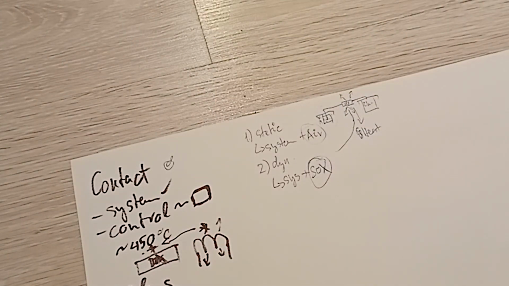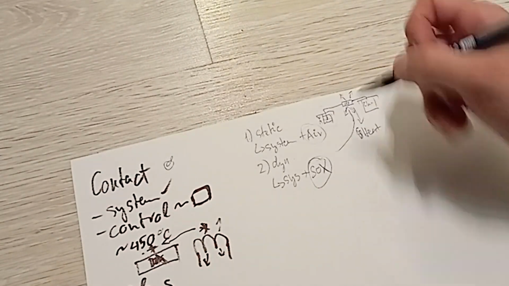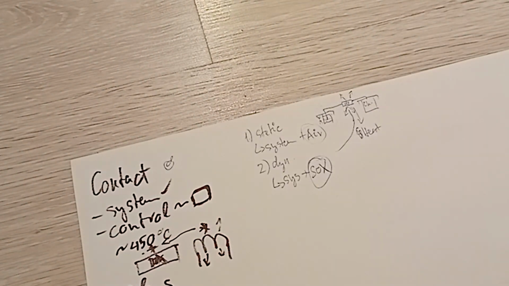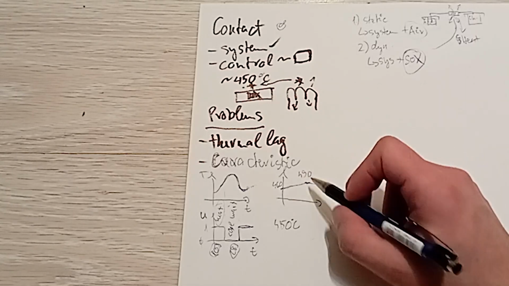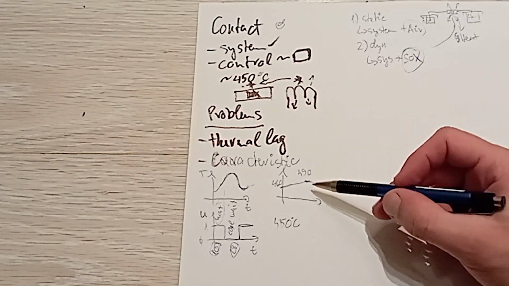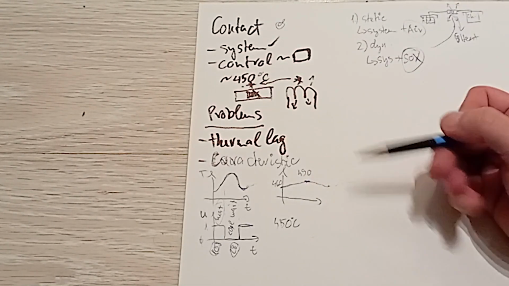That's going to impact our system's characteristic, in that when we look back here, this is not going to be 490. This is going to be like 510 or maybe even more,